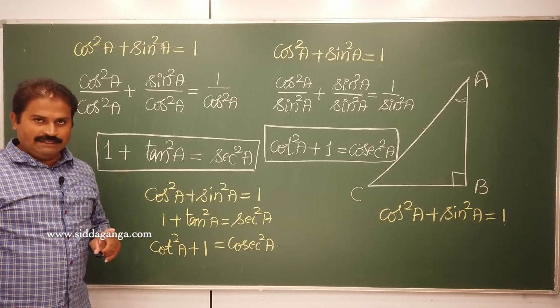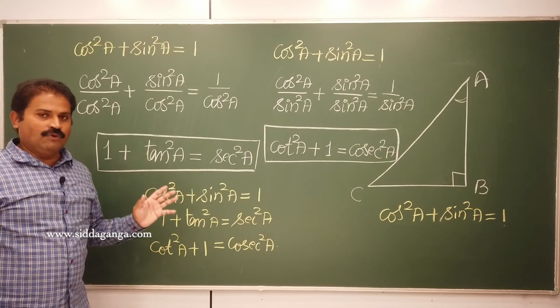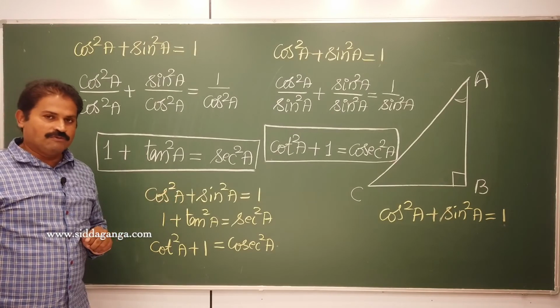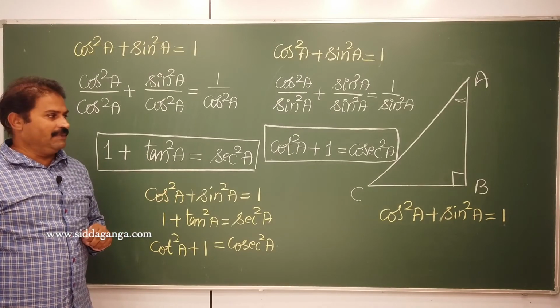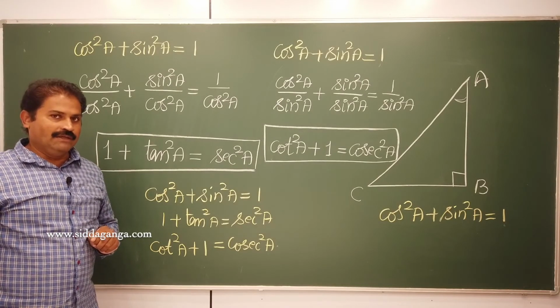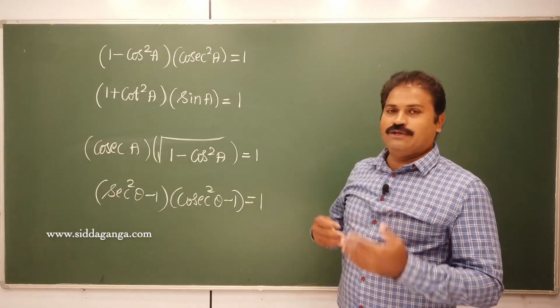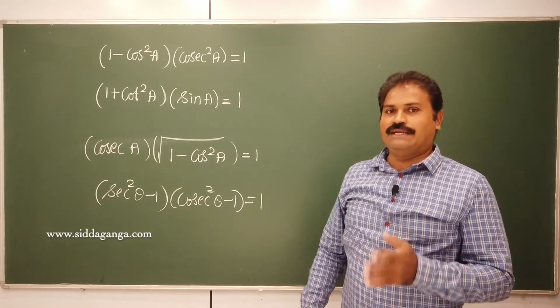So it is mandatory for you to solve all the problems what I'm going to give you for the homework today. So one or two problems we'll be solving here, and the rest of them that you need to solve and develop your ability of your brain. Now we'll quickly write all those identities again, and we'll just find out, allow our brain to discover which identity